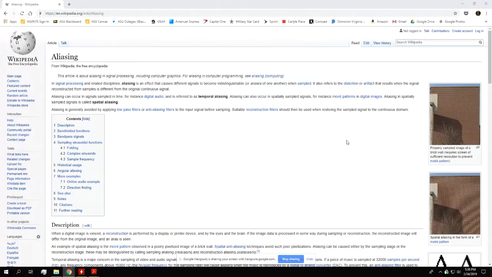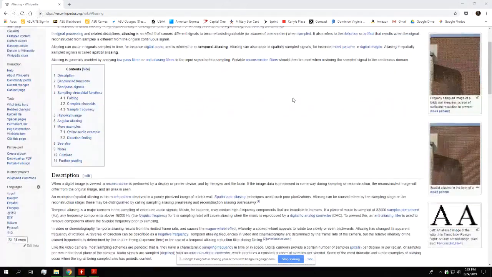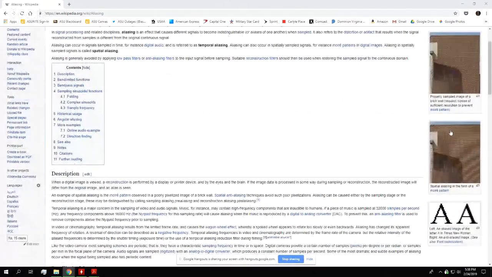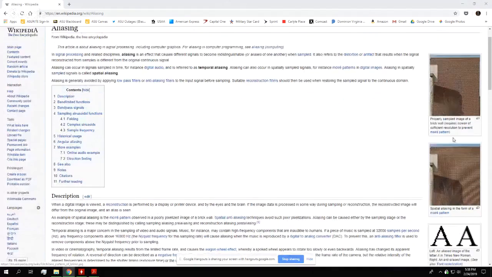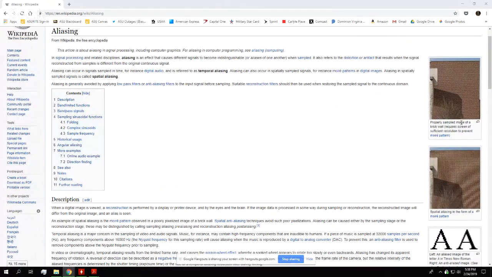All anti-aliasing does, like if you're talking about your graphics card for a computer game or something, is change your sample rate to a much higher value. So it doesn't really do anything else. Oh, okay. I'm sure there's some advanced concepts that I don't know about that maybe anti-aliasing does, but I just pulled up the Wikipedia page on aliasing, and it gives some examples, where here's a photo that's properly sampled,